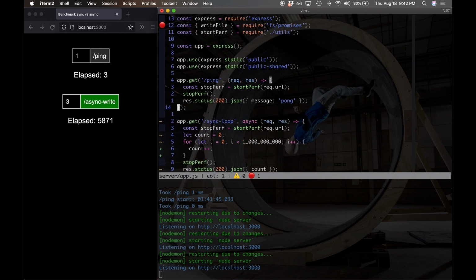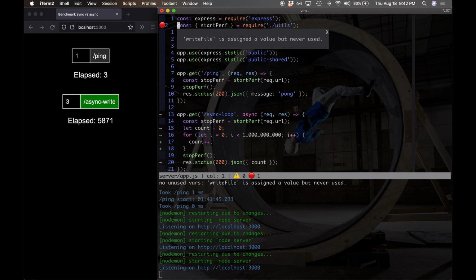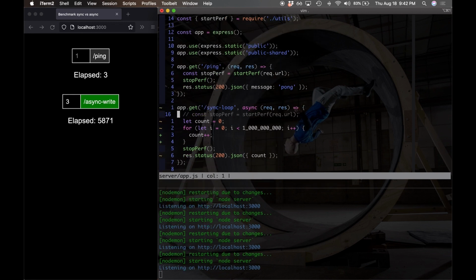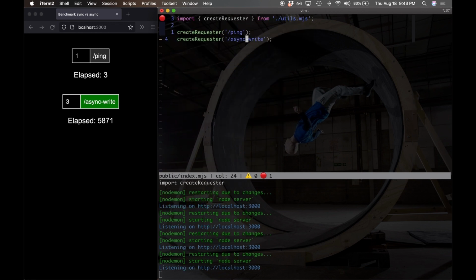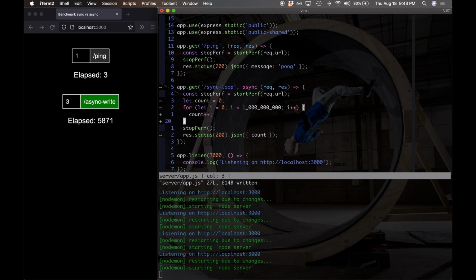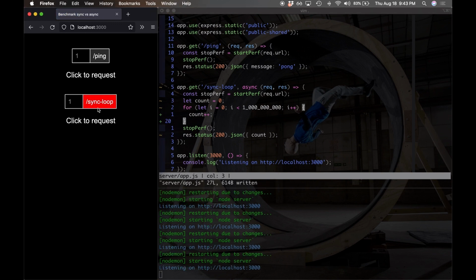Let's go back to our front end. We're not using write file anymore. Go back to our front end, and we will change this to be sync loop. And if we go try this, we'll see it's going to do kind of the same thing. It's taking about a second. If we run it a couple times